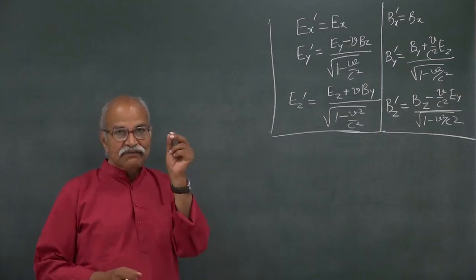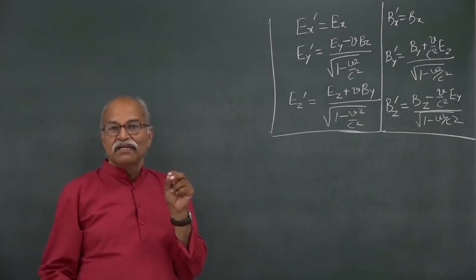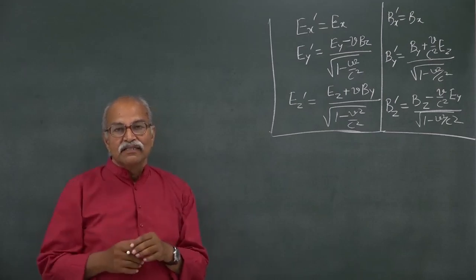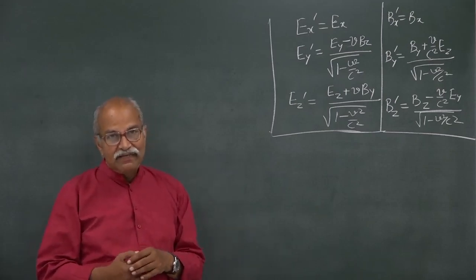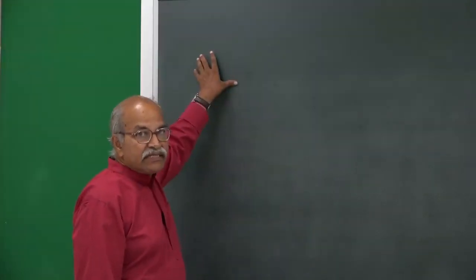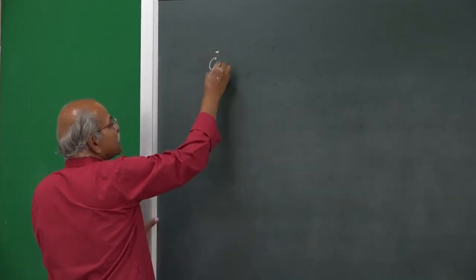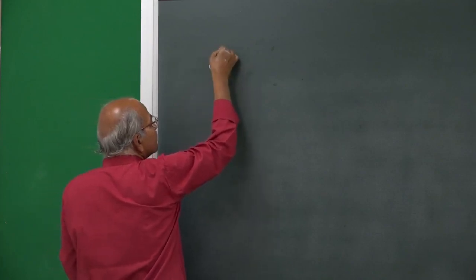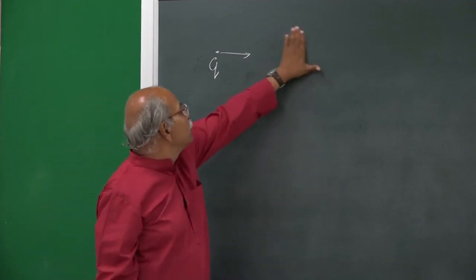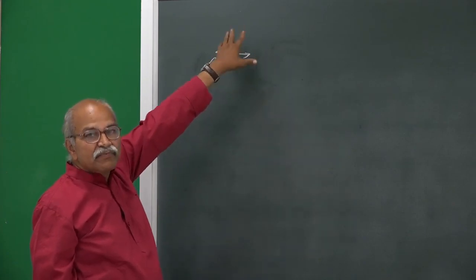You know, if you have a charge q placed somewhere at rest, then you have electric field given by that Coulomb's equation, q by 4 pi epsilon naught r square in radial direction, and no magnetic field. But what if the charge itself moves? So, essentially our picture is that we have a charge q here which is moving in positive x direction, and because of this charge we have to find the electric field and magnetic field everywhere in the space.